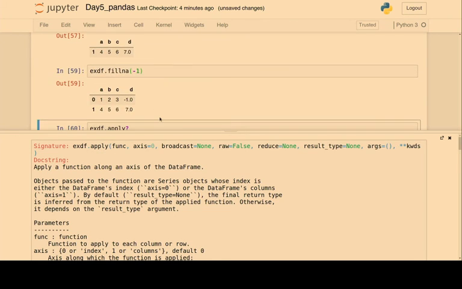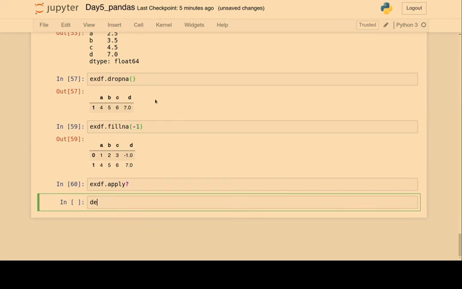This allows you to apply a function along an axis of a data frame. What that means is you could write a function that takes in each row and does some kind of processing on an individual element basis within the row, and then spits out a new row that has the processed results. So for example, I'm going to write a quick function called